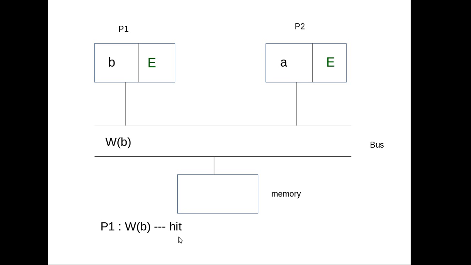Next, P2's cache contains data A in exclusive state, and now P2 gets operation write for B. So to perform that, write of B miss was placed on bus. As P1 also contains data B, there was an invalid signal. Bus generates invalid signal for P1, and then